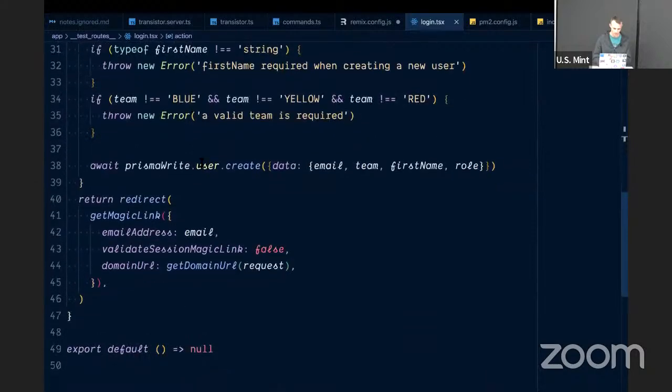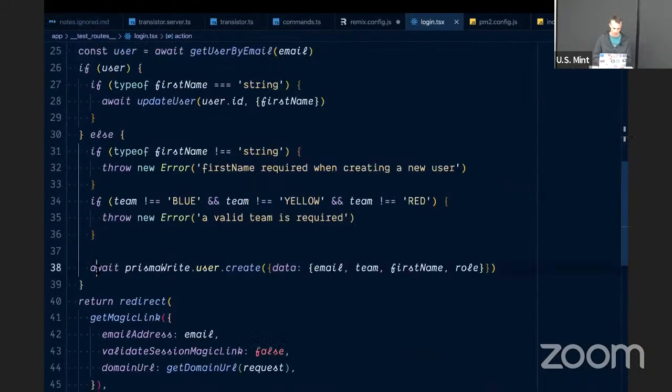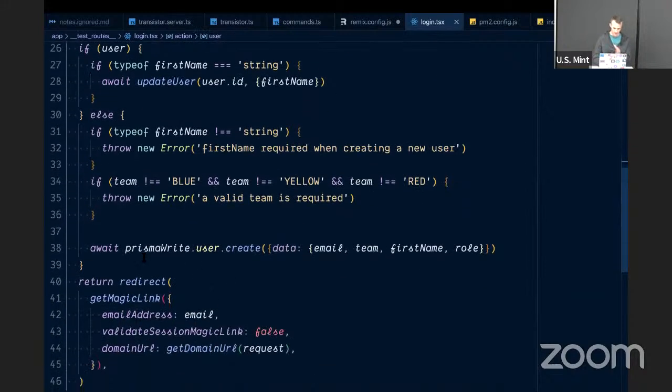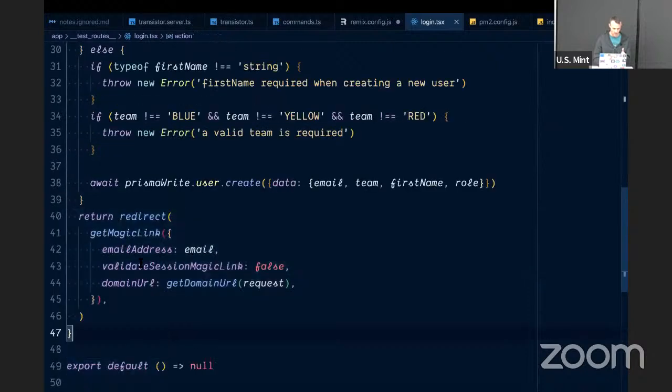But if I go into that test routes directory, then I can get that JSON, pull off all those things, and I can either create a user, or update a user if their name changed, or I just get that user. And then I redirect to the magic link URL. So if you post to this, you're going to get a redirect over to the magic link URL, which is going to give you a cookie, and then you can proceed as an authenticated user. Anyway, that's the way that works.